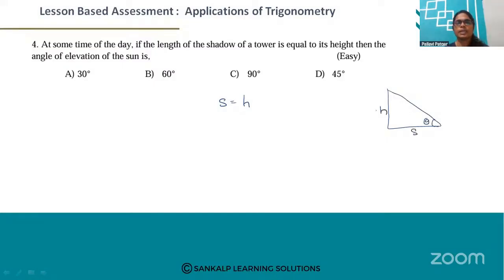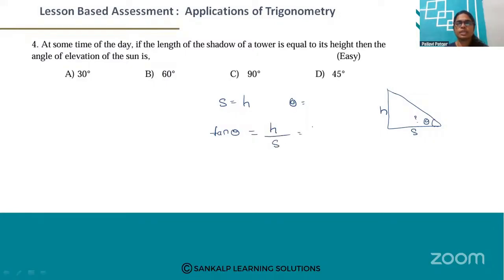So then angle of elevation is, okay, so here the angle of elevation of the sun is theta. Okay, so here we use the tangent function. The tangent of angle of elevation is the ratio of the opposite side to the adjacent side. Okay, so we write tangent function. Tan theta is equal to opposite, that is height of the tower divided by shadow.